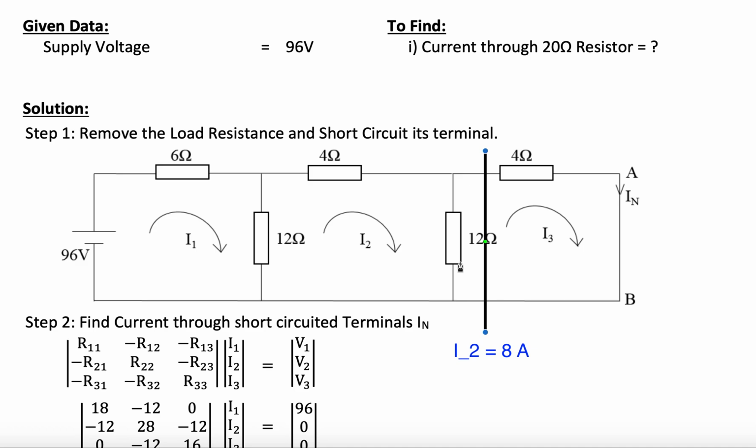96 by 20, nothing but 48 by 10, 24 by 5. 24 by 5 is the resistance. Current is 8. Okay, so 24 into 8 is 8 4s are 32. Okay, getting difficult, right? So the final voltage V is going to be